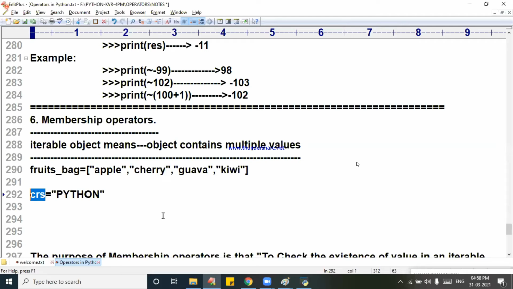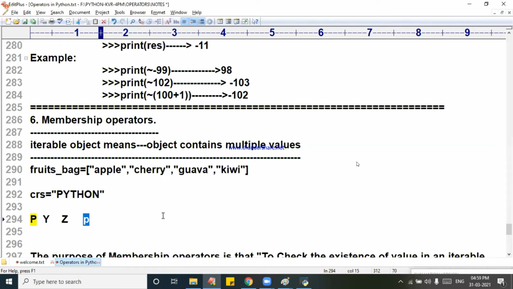Is P present in CRS? Is Y present in CRS? Is Z present in CRS? No. Is small p present in CRS? No, sir. Small p is not present.